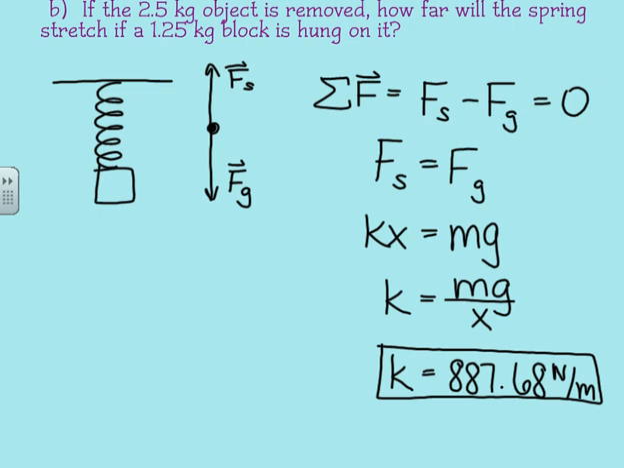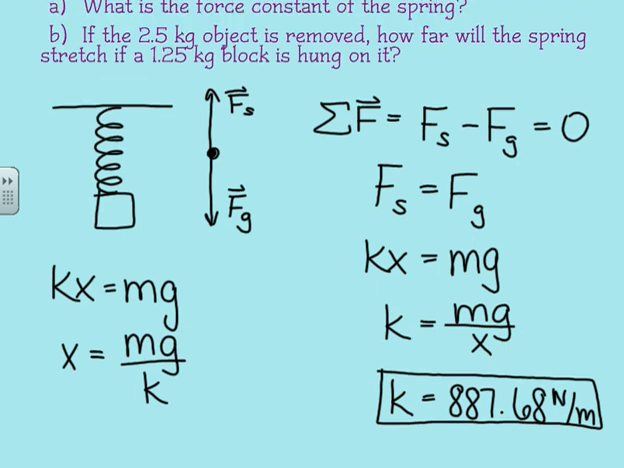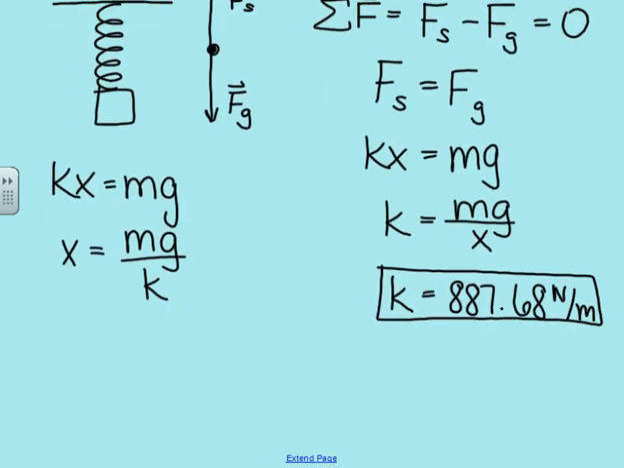Okay, let's go through part B. It's still true that the net force acting on the object is equal to 0 because it's at equilibrium. So that means that the spring force is still equal to the force of gravity. kx is still equal to mg. But this time we're going to solve for x. x is mg divided by k. This time my mass is 1.25. So 1.25 times 9.8 divided by that value for k that we found tells us that this spring has been stretched